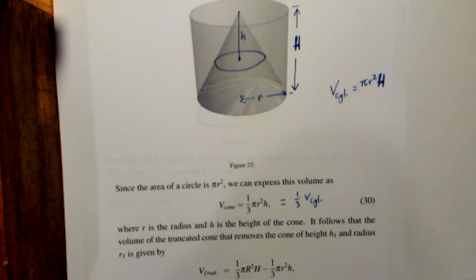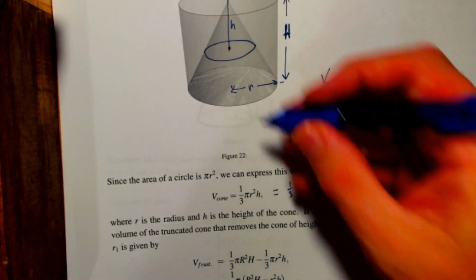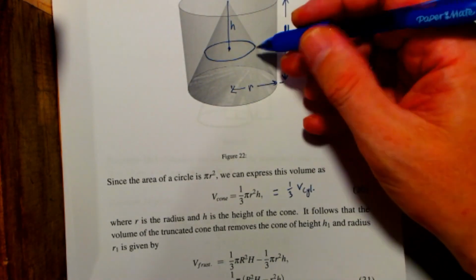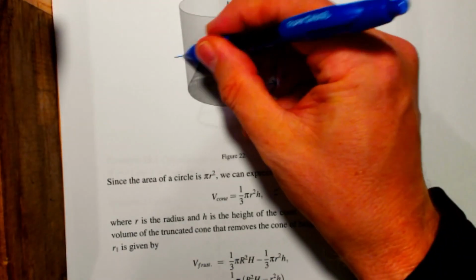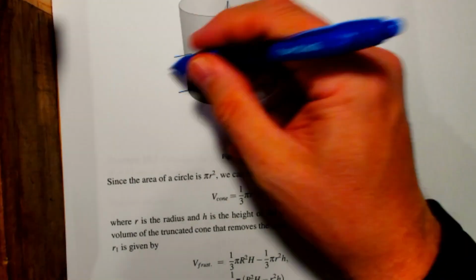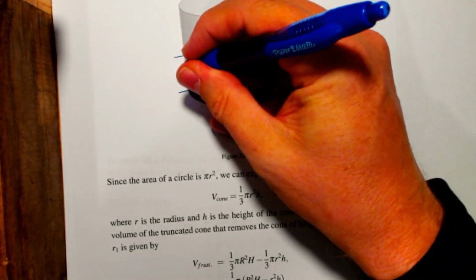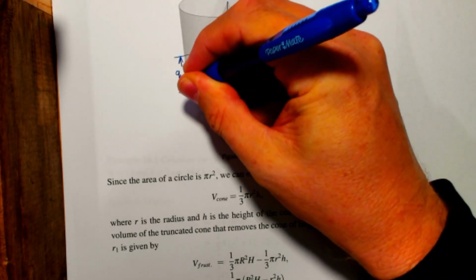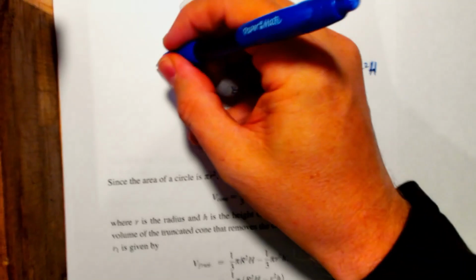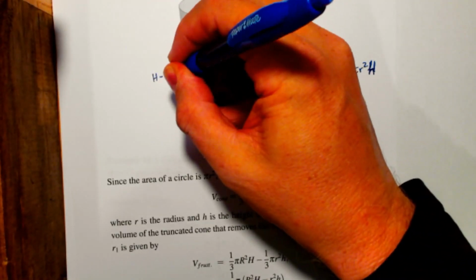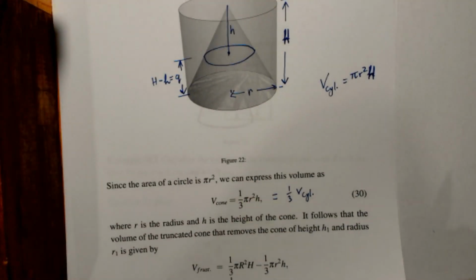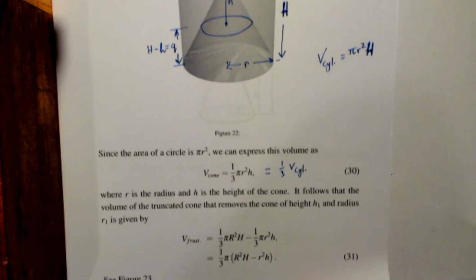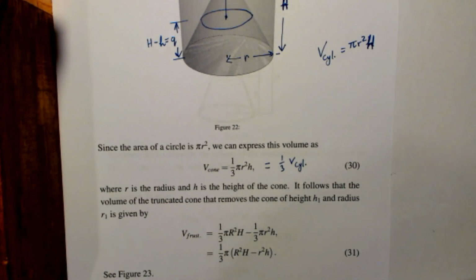Okay, so then the difference between those volumes, now the distance from here to here, we can just give this another name like, oh, I don't know, let's call this height q, which is H minus h. Alright, so with this diagram, then this is the correct formula for the volume of the frustum, the difference here,